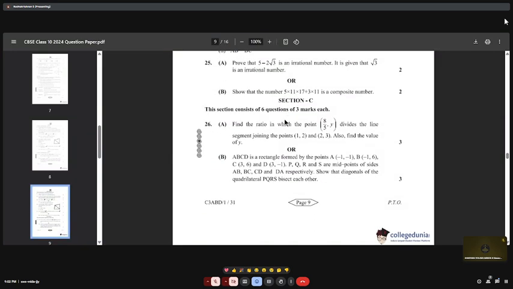Okay. Let's look at problem number 25. Prove that 5 minus 2 root 3 is an irrational number, given that root 3 is an irrational number. How do you prove that? So if you have to prove that something is a rational or irrational number,